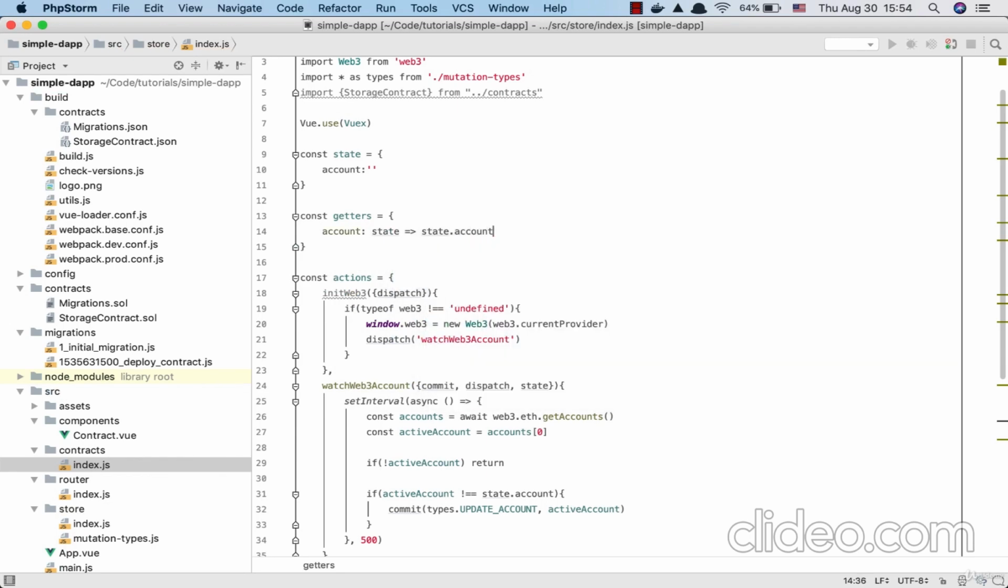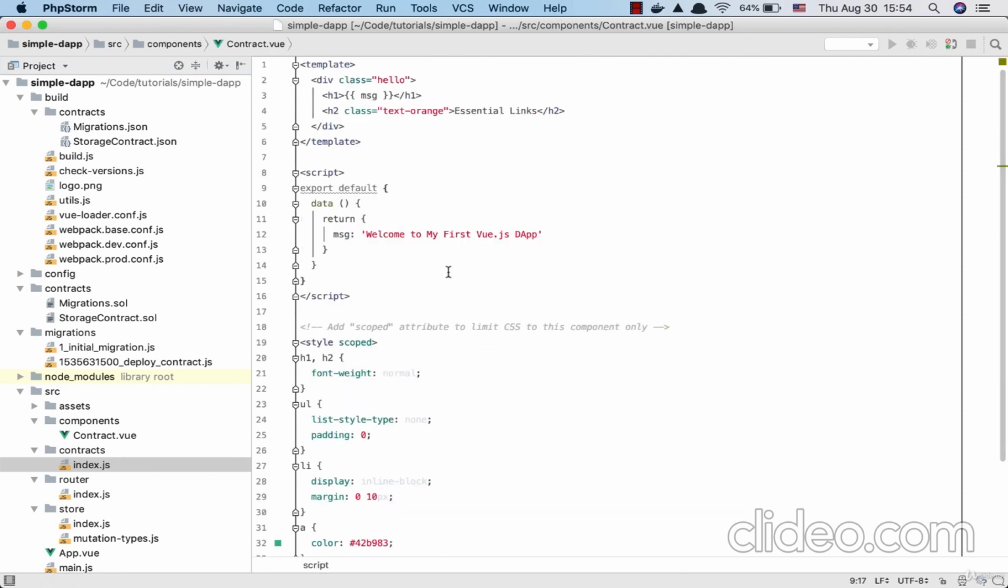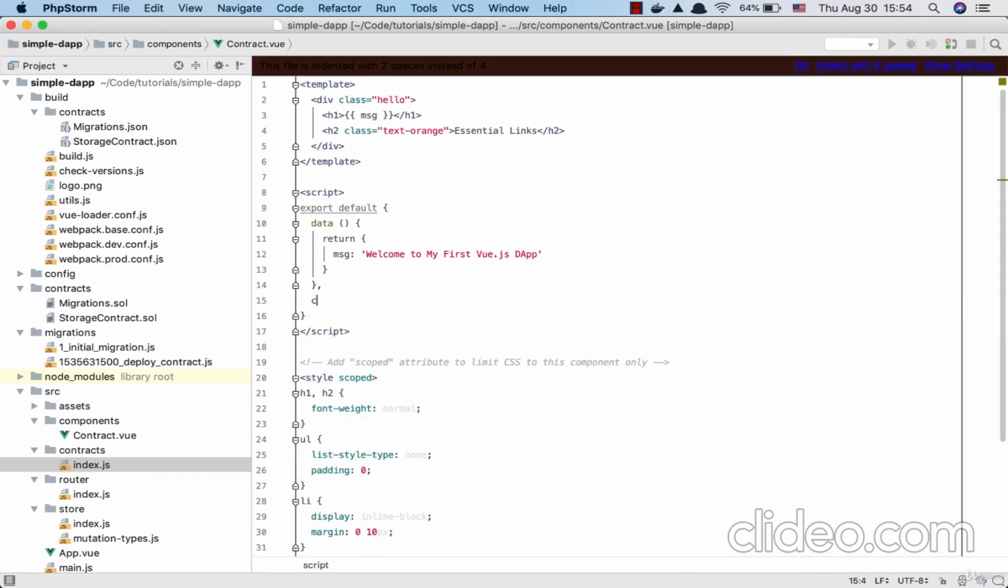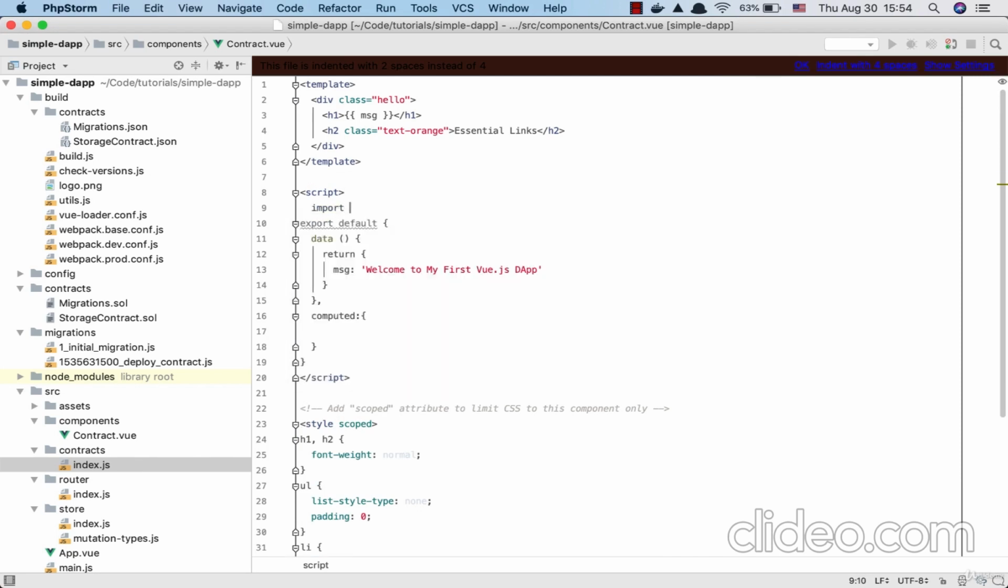Here we are using arrow functions, and we can go to our contracts view and just create a simple computed property and import map getters from Vuex. We'll use map getters in order